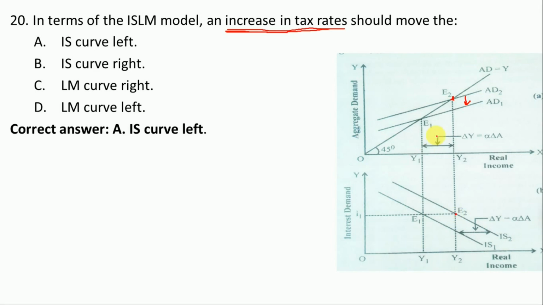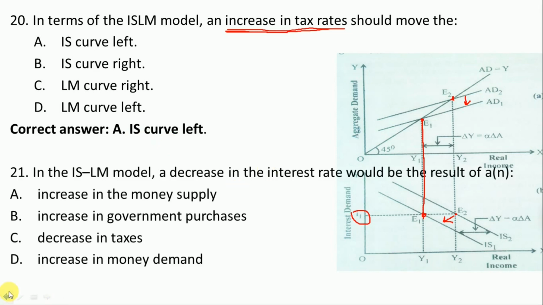and as the aggregate demand declines because of the increase in taxes, so what will happen? Equilibrium point will change from E2 to E1, and as a result of this हमारा जो इक्विलिब्रियम पॉइंट अभी क्या होगा? चेंज होगा. It means हमारा IS कर्व will shift to the left side. ठीक है, as we consider the rate of interest is not going to change. So this is the assumption. So here what happens? As there is an increase in the taxes, the IS curve will shift to the left side.